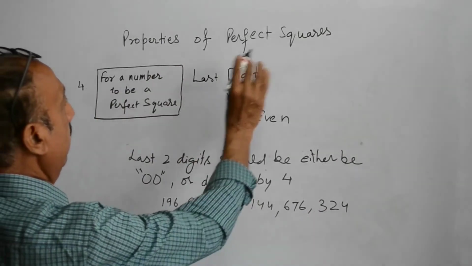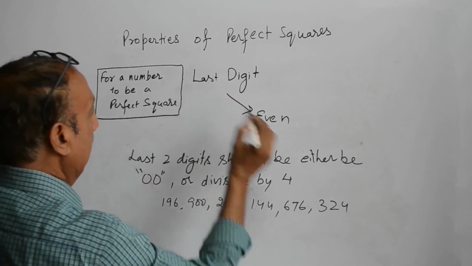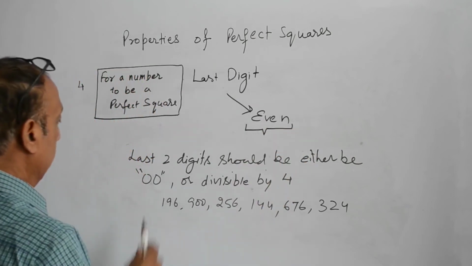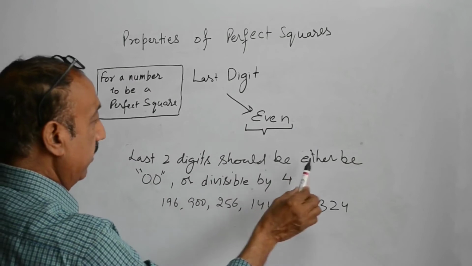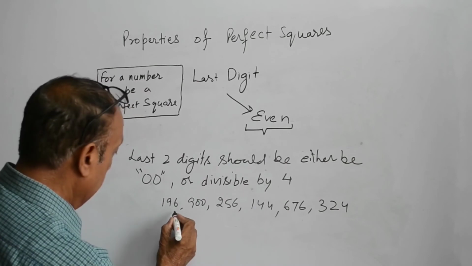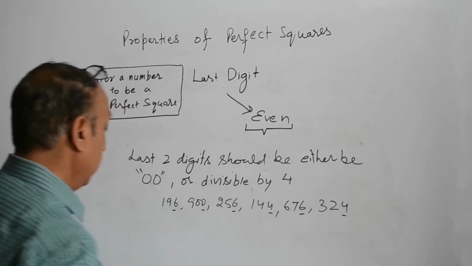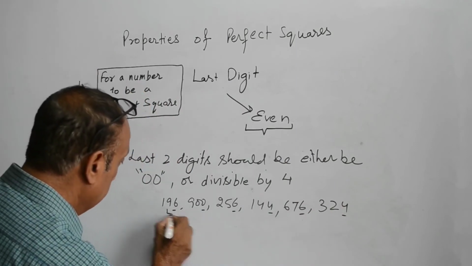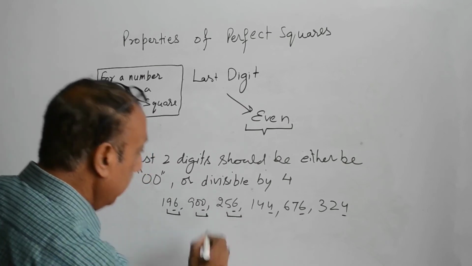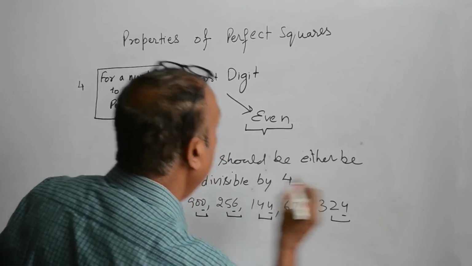Now the last property of a perfect square: for a number to be a perfect square, see the last digit. If the last digit is an even number, then the last 2 digits should either be 2 zeros or should be divisible by 4. Here all the last digits are even numbers. So the last 2 digits should be either 2 zeros or the numbers should be divisible by 4. It means